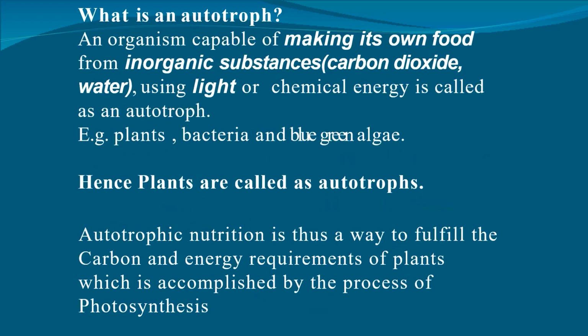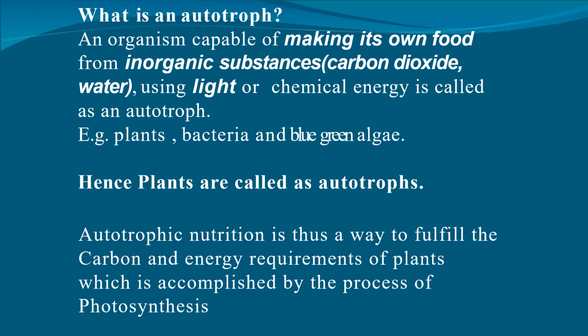So what is an autotroph? An organism which is capable of making its own food from inorganic substances like carbon dioxide and water, using light or chemical energy, is called an autotroph. For example, plants, bacteria and blue-green algae. So plants are called autotrophs. Autotrophic nutrition is thus a way to fulfill the carbon and energy requirements of plants, which is further accomplished by